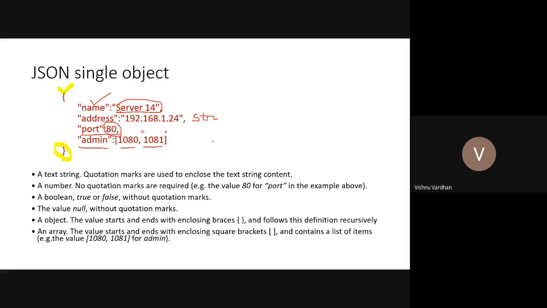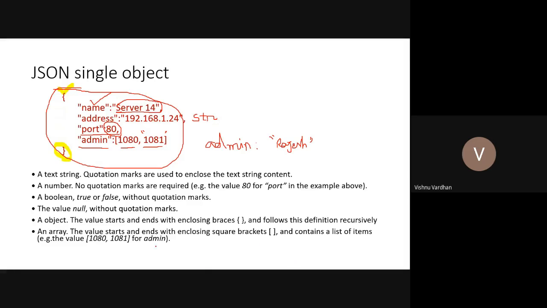But if you are saying that admin with some admin names, in that way you have to take double quotes like Rajesh. Okay, so the Rajesh has to be given with double quotes because that's a string. But as it is not a string, the double quotes are not required. So in that way, different data types you have to keep with the name value pairs, and accordingly you are going to prepare a complete JSON object in this way.